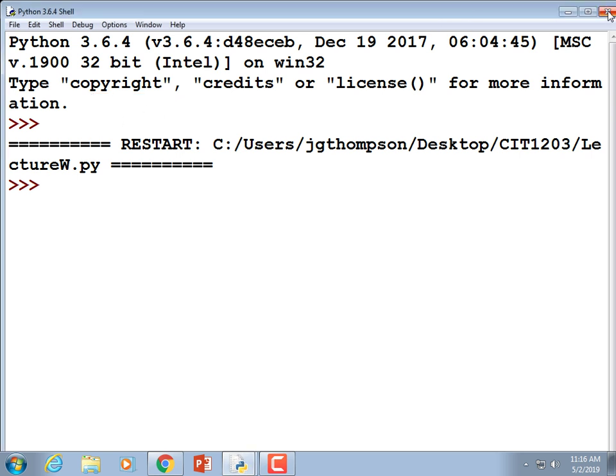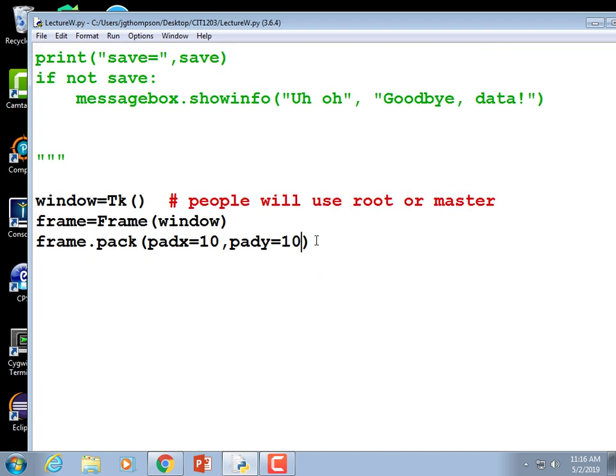Padding is nice because without that, frame really does condense it down to the absolute minimum. And we're not used to seeing dialogues that, maybe if you're an Amiga user back in the 80s, you saw dialogues where everything was crammed together with no space between the buttons. But other than that,